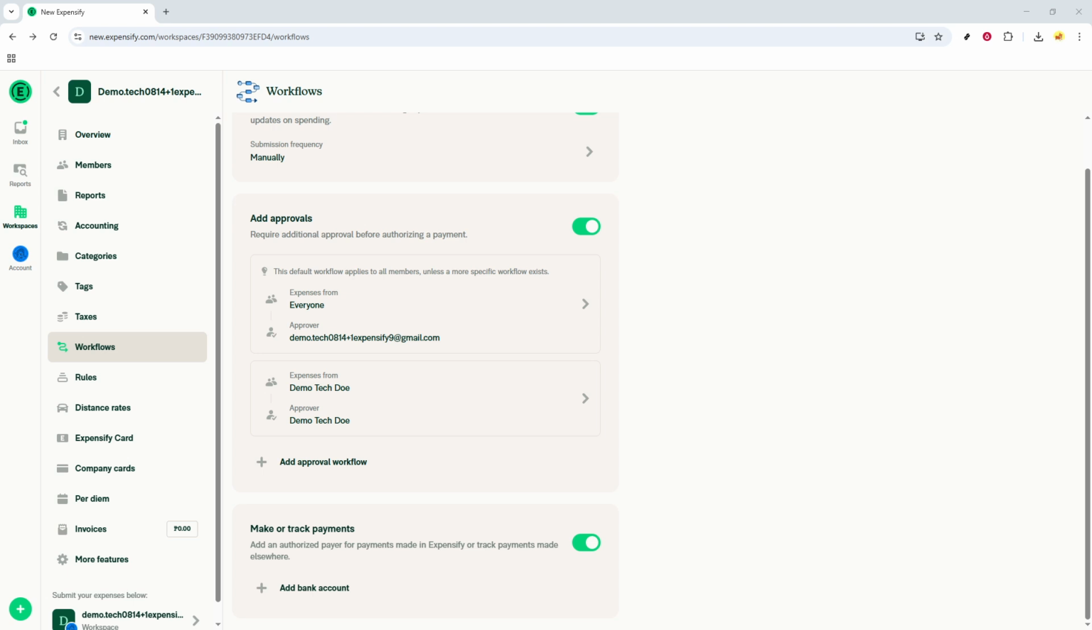And there you have it. You've just set up an approval workflow in Expensify. With this workflow in place, managing expenses is a breeze, allowing